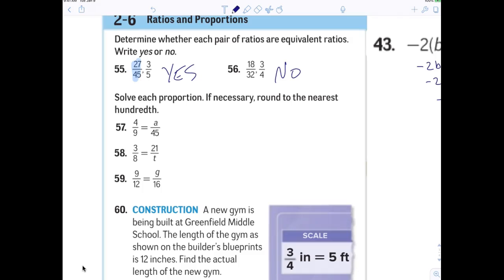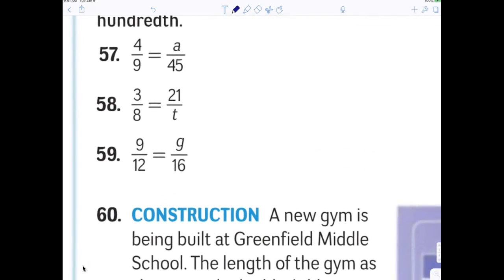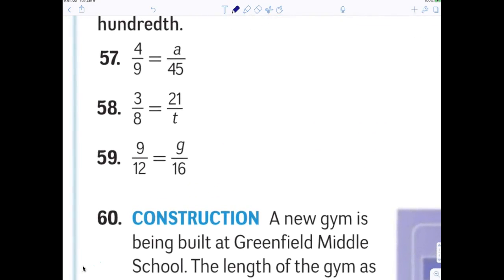Solve each proportion. Now, this was no joke. You did this in 5th grade. I really didn't even want to put this on here, but just to be sure, everybody should be able to look at that and say, obviously, A equals 20. Obviously, T equals